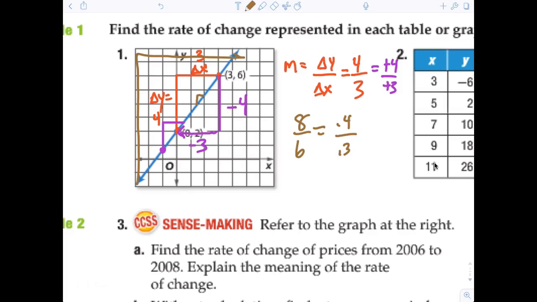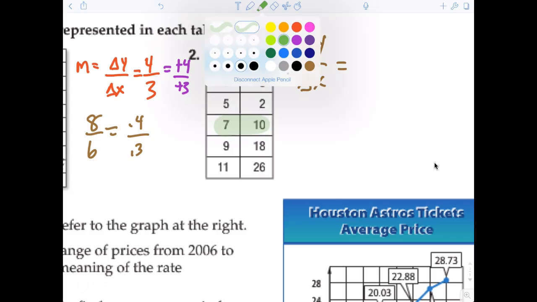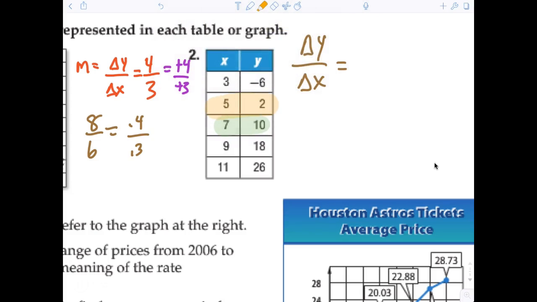All right. So now, normally I would say skip number 2 because that's going to be for tomorrow, but it's a table. First we did a graph, or a line. Now we're going to do a table. Let's figure out what delta y is and what delta x is. Delta y is the change on the y-axis, correct? You get to pick any 2 points you want, so I'm going to pick easy points for me. I'm going to select this one, and this one. Is everybody with me?